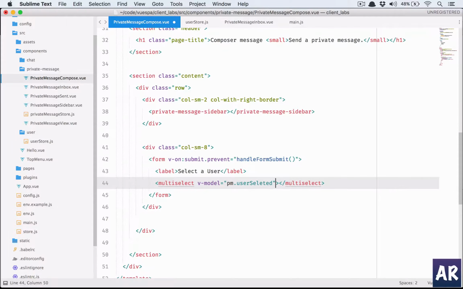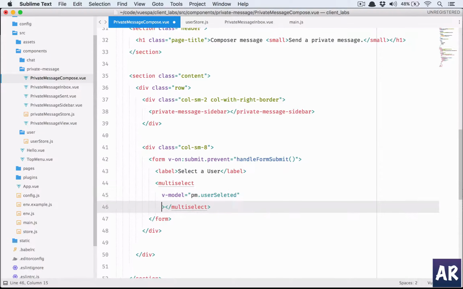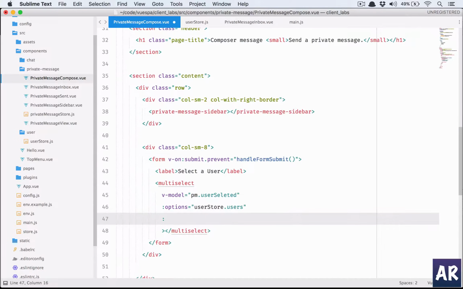Okay, then just format it a bit so that I can understand it properly. Now we need to send the options, which is like this: options equals userStore.users. We have already populated that. Then there are some options in